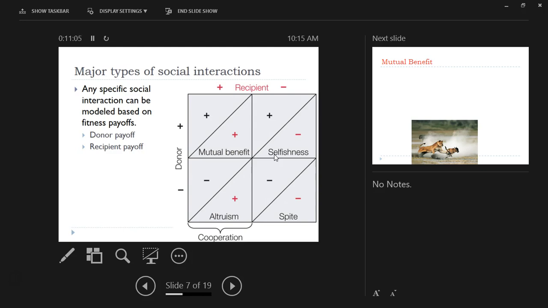And then there's the final category, which you don't see super often, at least not obviously in animals, which would be spite. This is where the donor harms themselves and pays a cost, basically with the goal of harming the other individual too. So both individuals suffer from that situation, which usually is not advantageous, and therefore selection does not favor it. For some reason, some people seem to be insistent on doing this, but I don't understand why.